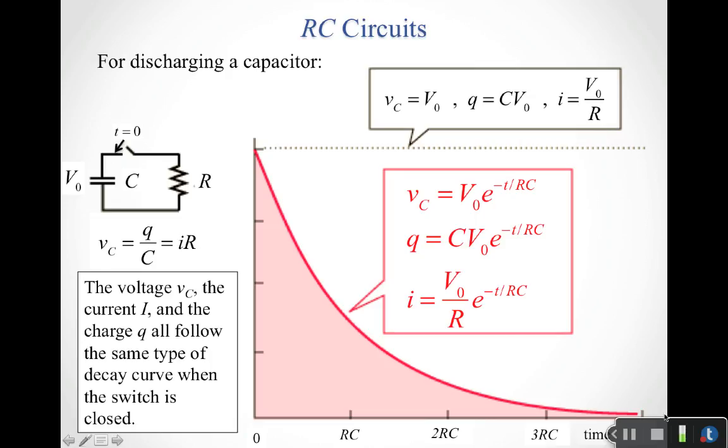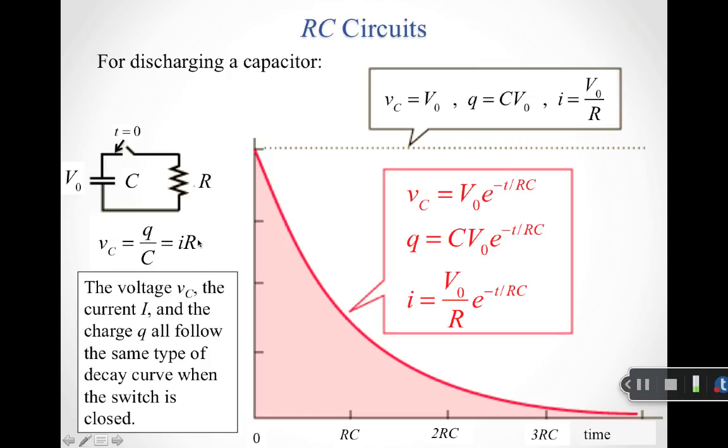For discharging a capacitor, again, you could walk through the same process. Your book does a decent enough job of it that I'm really just going to summarize here. But basically, when I'm discharging, I take the battery off. Now I have my charged capacitor that initially has some potential across it, V0, and then I'm going to close my switch at t equals 0, so all I've got is the capacitor and the resistor, and so my